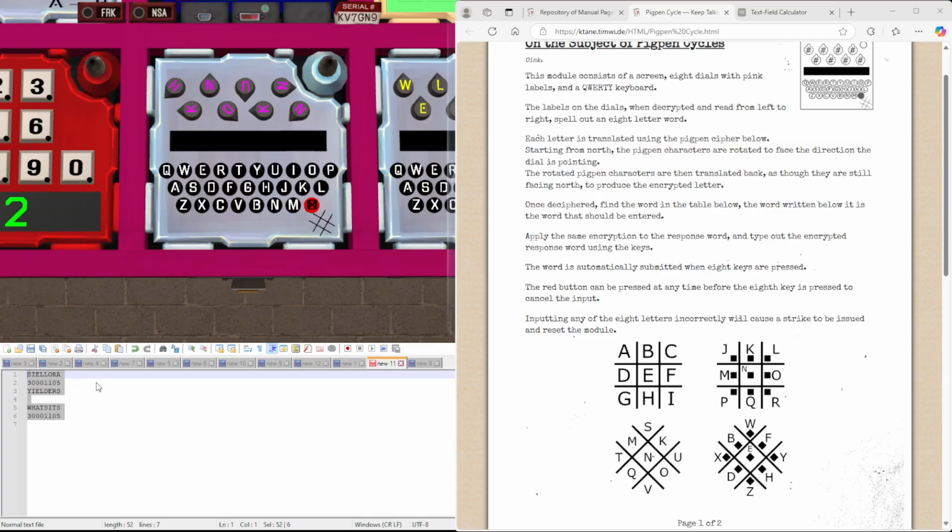Okay, so we have HK, ND, UKNN. So, which interface direction that is pointing. Okay, so